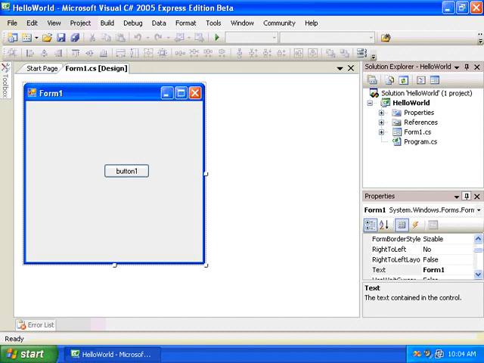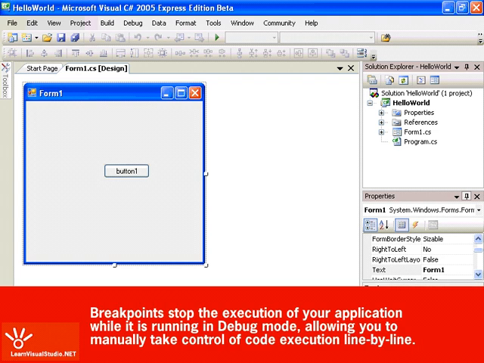Now, this is very useful whenever our programs get much larger and we need to observe what's going on behind the scenes, because sometimes our applications may not give us enough feedback, or something's going on and it's hard to pinpoint the exact problem. So what we'll want to do in that case is set a breakpoint, which will stop the execution of our application while we're in debug mode, while we're running our application with this little start button here. And it'll allow us to step through each line of code at our own pace and watch how the application